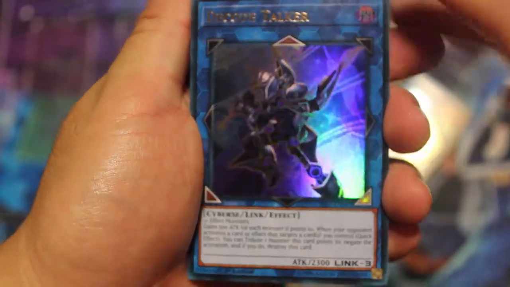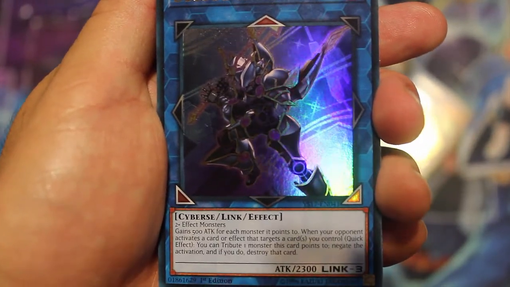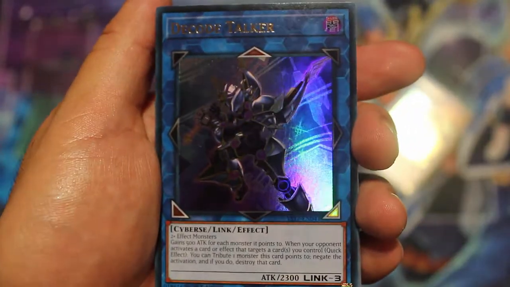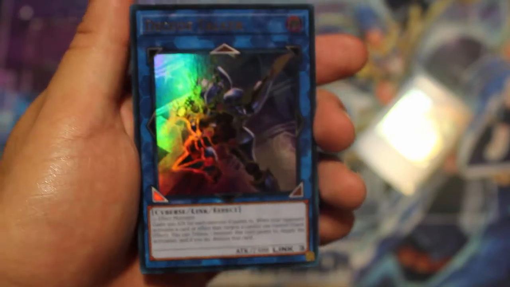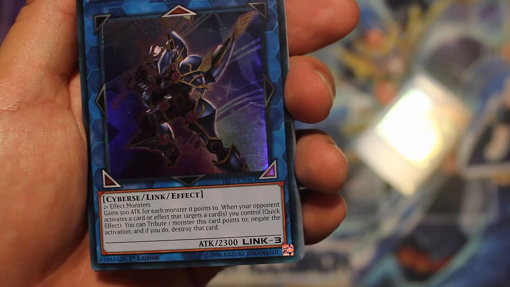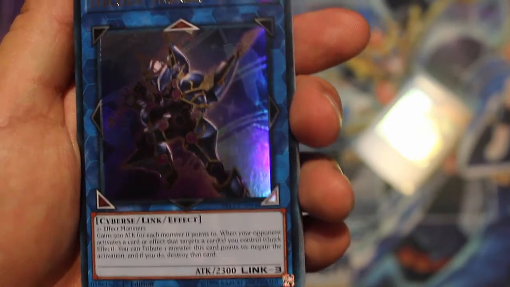So this was the first Link monster announced, Decode Talker. He looks cool. Is that focused? I can't tell. Decode Talker is going to be one of the more important Link monsters used in the early stages. He reads: 2 effect monsters. Gains 500 attack for each monster it points to. When your opponent activates a card or effect that targets a card that you control, it's a quick effect: you can tribute 1 monster this card points to, negate the activation, and if you do, destroy that card. So